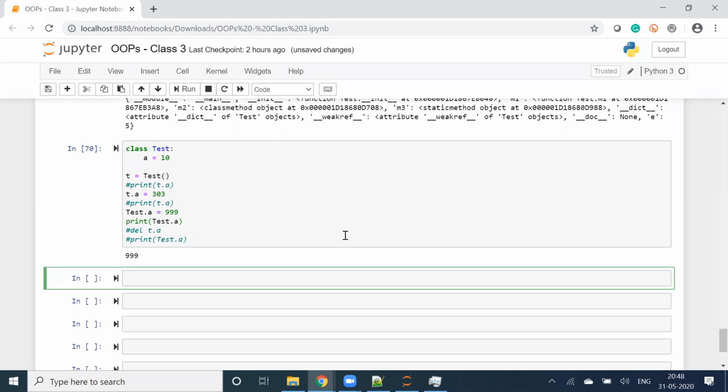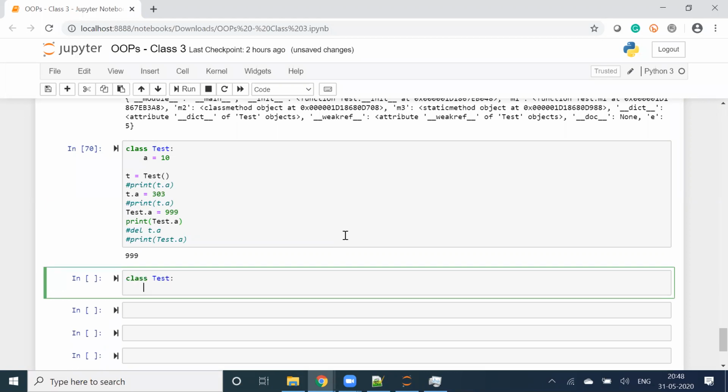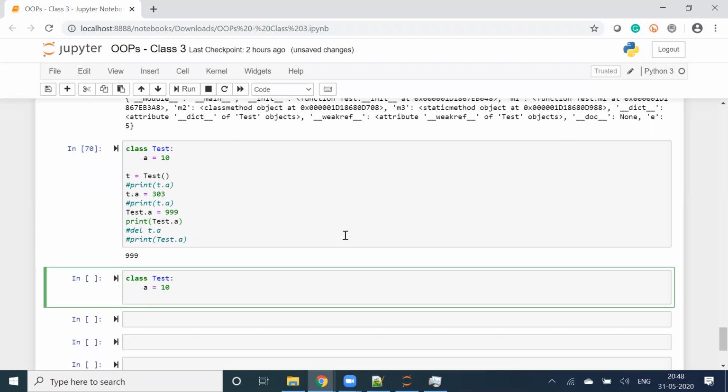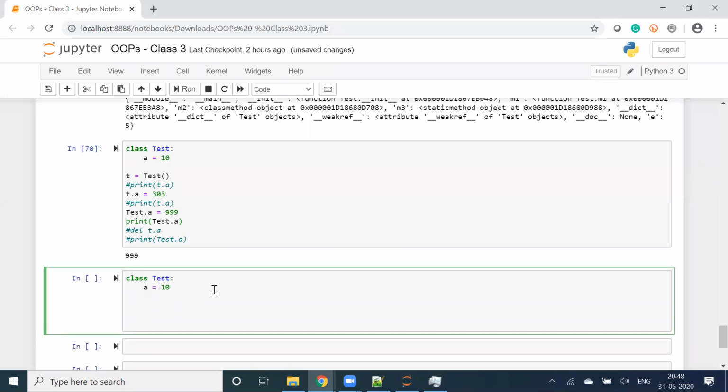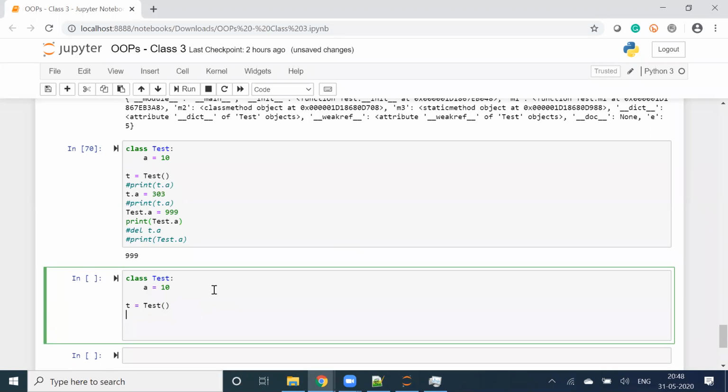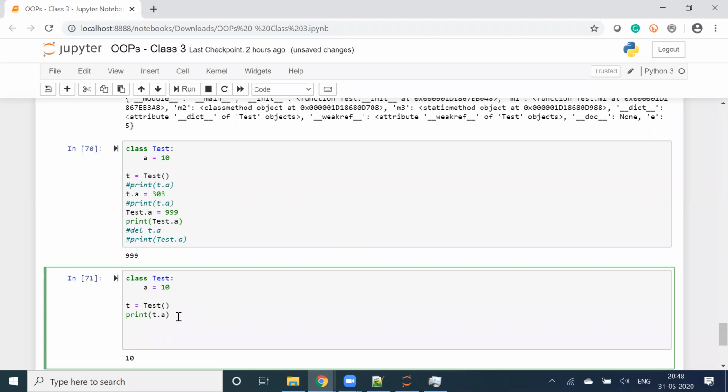Now next, class test, a equal to 10, t is equal to test. Print t.a will give me 10, no issues, understand.